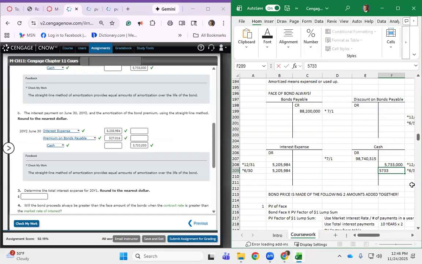Can you imagine making an interest payment of $5,733,000 a year? Whew. I don't think so. Anyway, oh, these numbers drive me crazy. It's like, could you just make them a little bit smaller? But I guess they're trying to